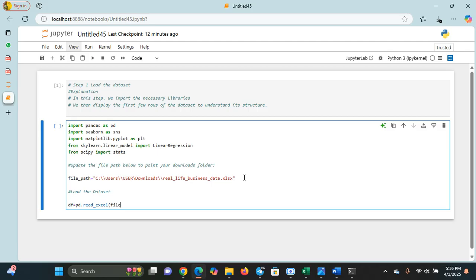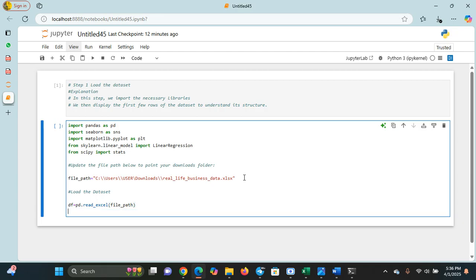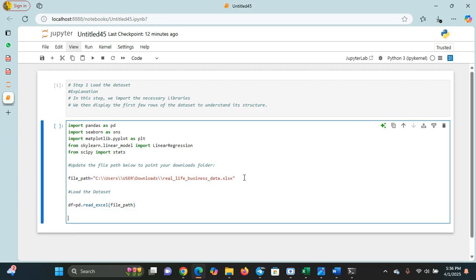You know that you already use that one to represent file path. Just put underscore path inside your bracket. Then for us to display it now, we write display the first row,